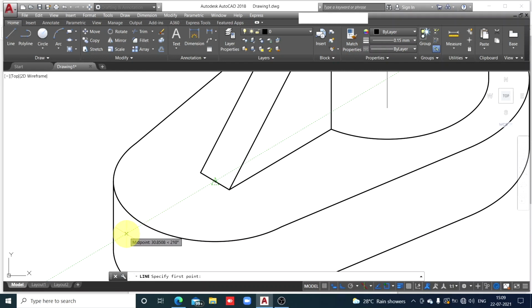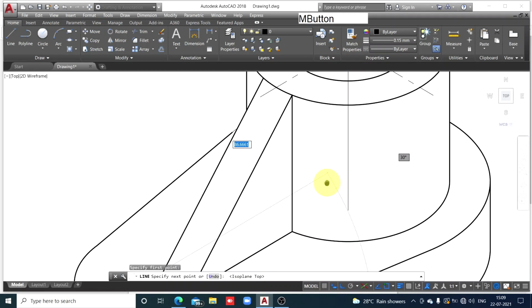Slightly outside the curved edge, click. And check here, you don't get that center line passing through the center because ortho mode is on, and you will have to select the top plane now. So isoplane top, and now you are ready to draw it. Check it. It should pass through the center here.